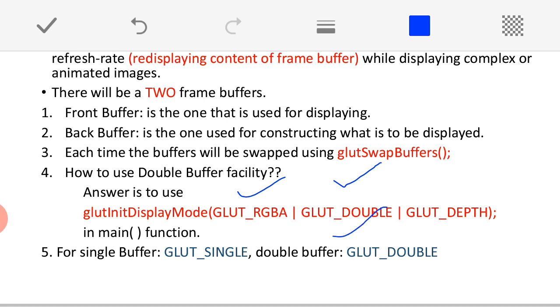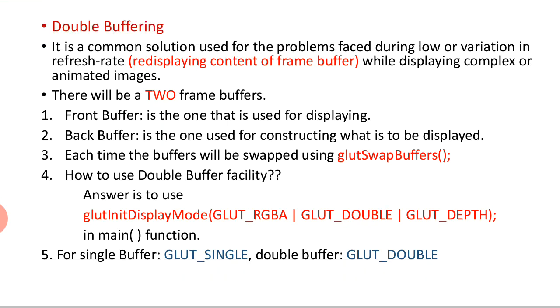DOUBLE. And along with that, if you want to display any 3D objects, then you should also use GLUT_DEPTH, and this is optional. If you want to display only 2D objects, then this GLUT_DEPTH is not necessary. Why? Because only in case of 3D, as it involves the z axis information also, we need to calculate the depth value of every pixel point of that particular image. That is very important here. So, that is why at that time I use this GLUT_DEPTH.